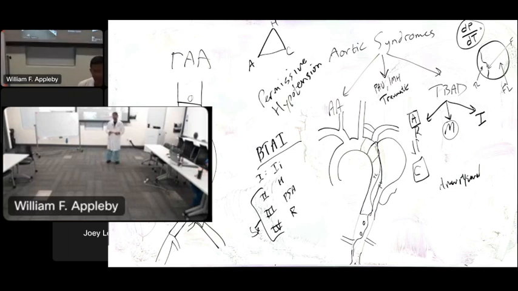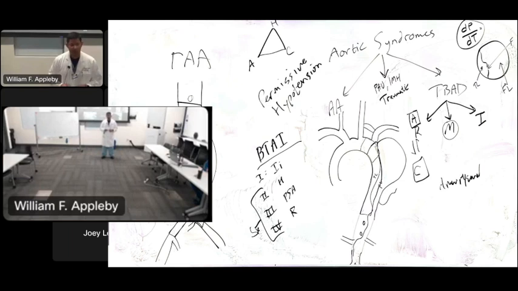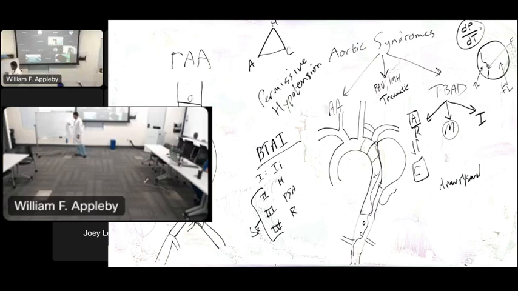The most common risk factor for dissection is hypertension. Family history is significant as well, especially the connective tissue disorders. So hypertension causing an intimal injury, so an injury to the innermost layer of the artery. And so in our world, we think about this as: where is the injury in relation to the aorta? And if it's before the left subclavian, what we worry about is retrograde propagation of the dissection into either the